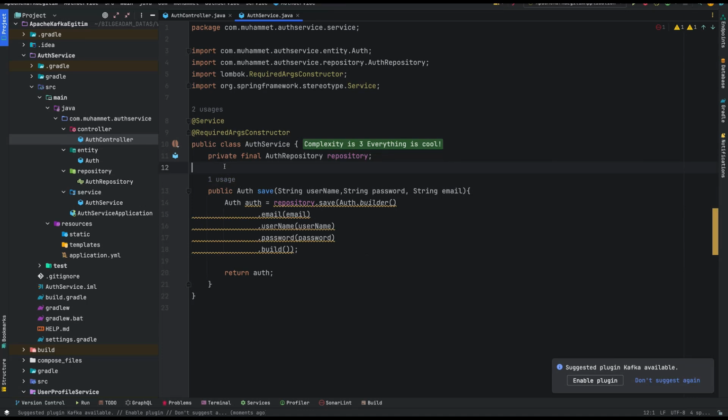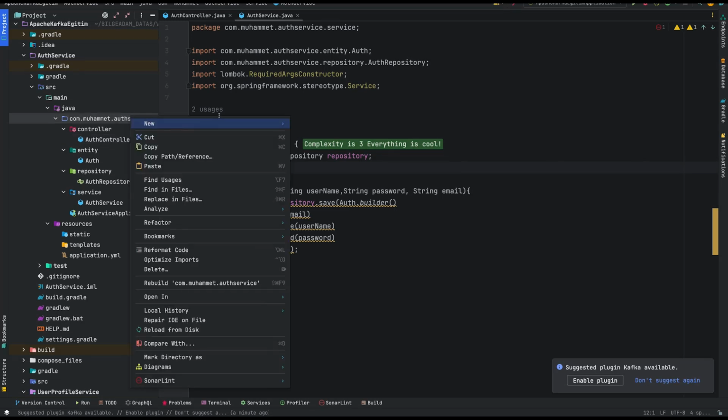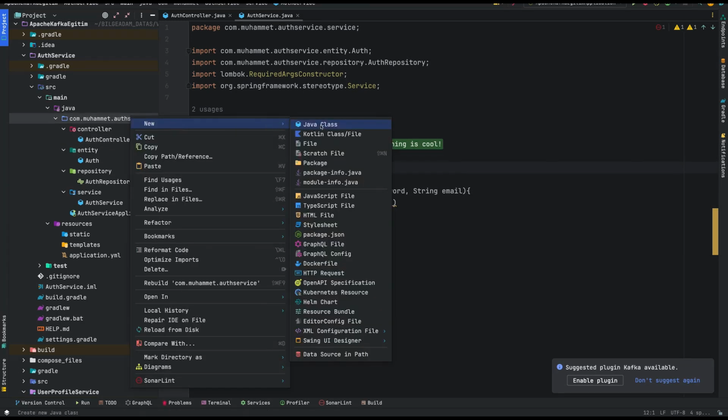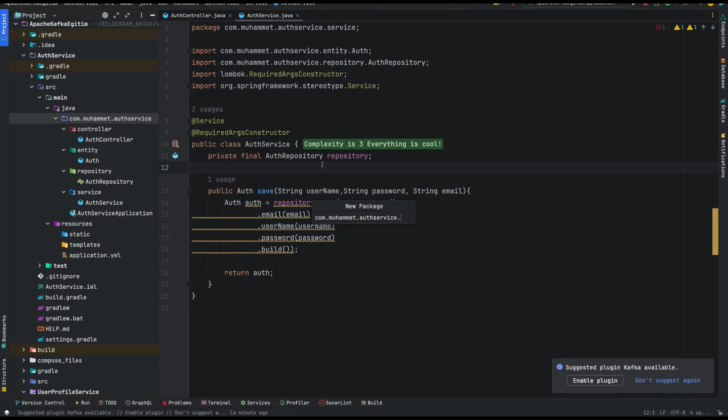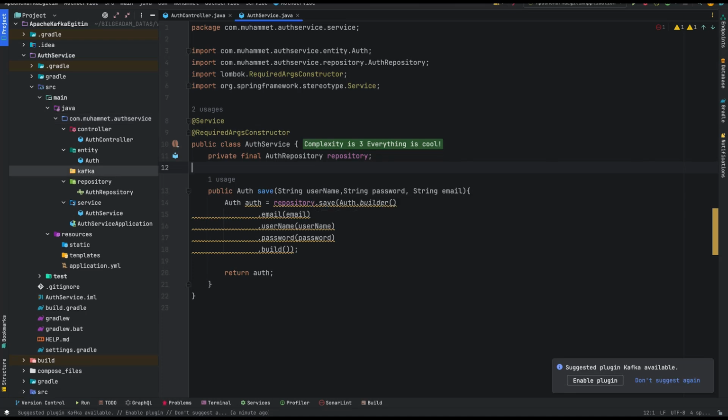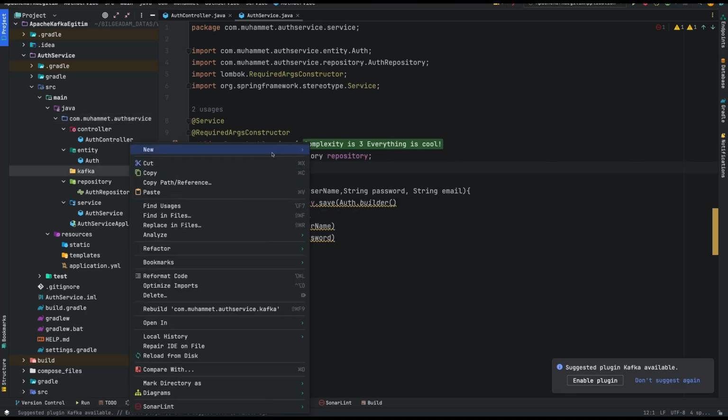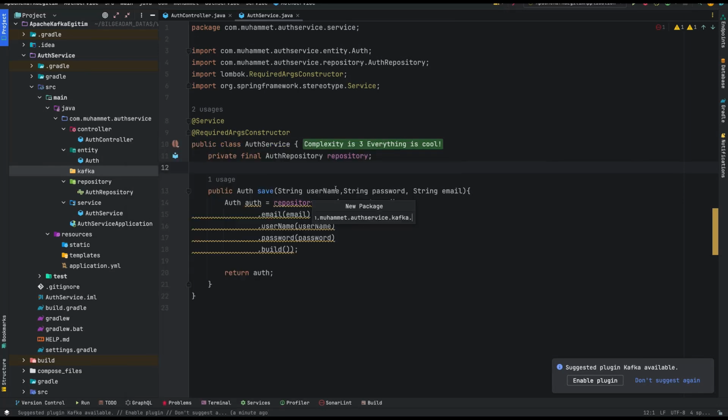So, what do we need to do here? Here, guys, you need to know that this part is the producer. You need to carry out the operations through this part. So, how are we going to do this? You can do this in different ways, but what I generally recommend you do is this. You need to have a package, a Kafka package. Inside this Kafka package, there's a base operation,